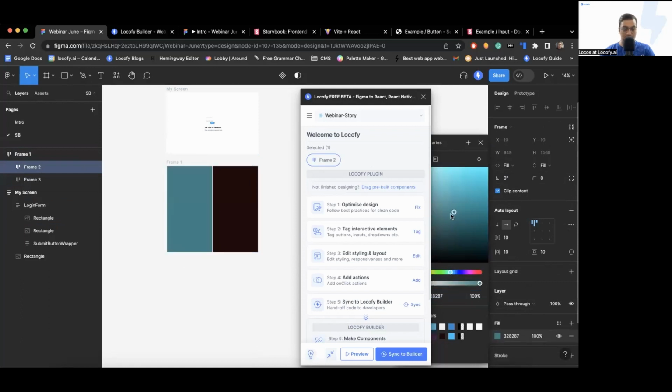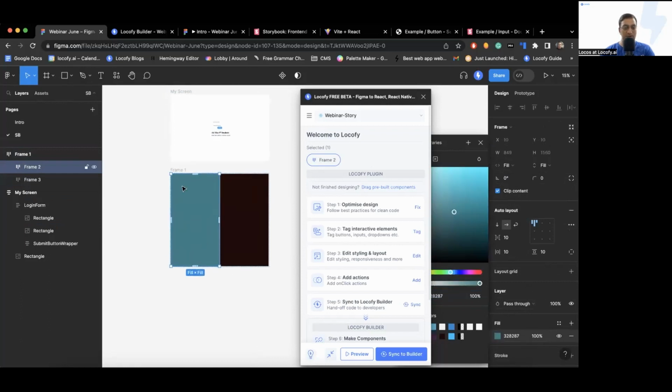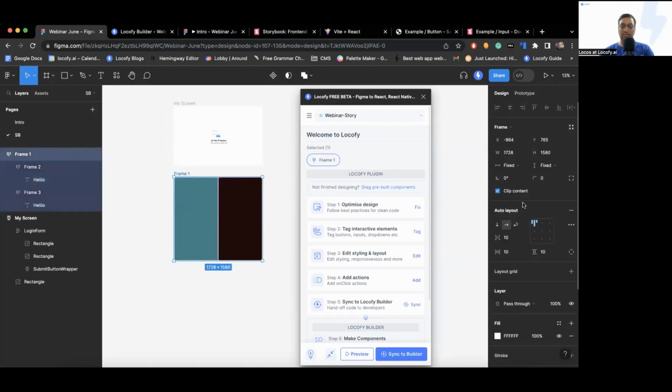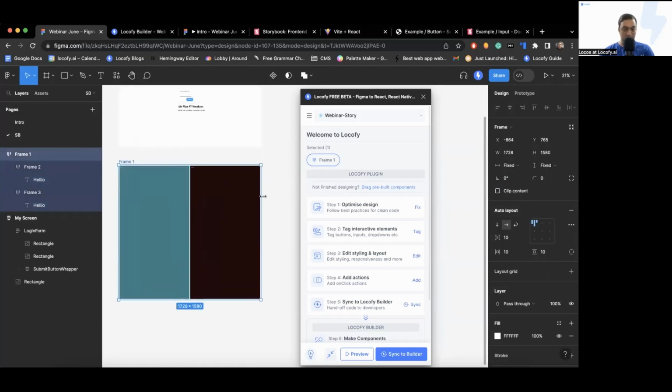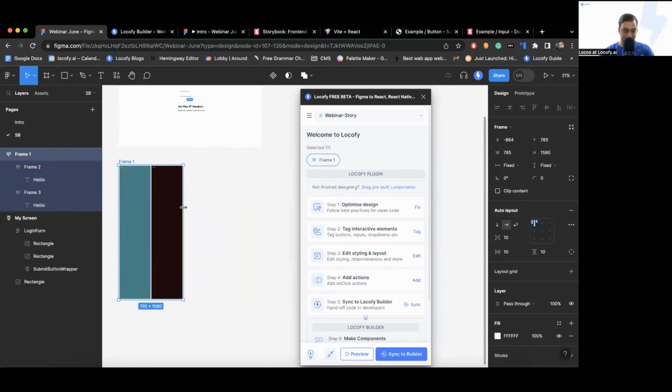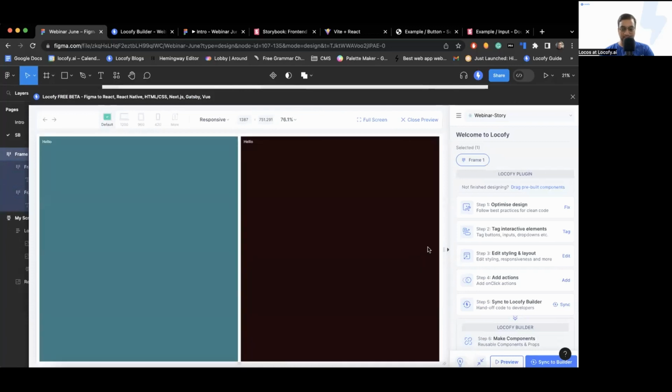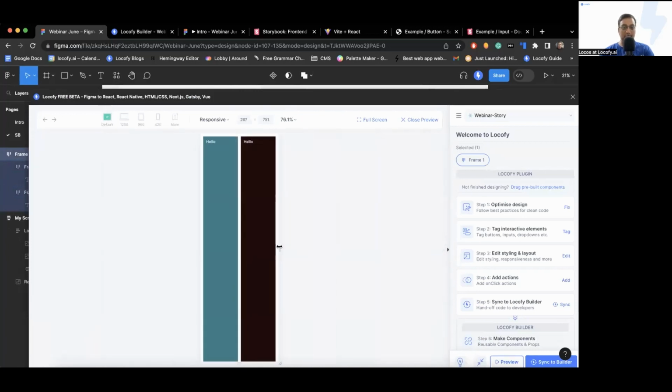Okay, so now you got these two over here. And you can write some text over here as well. I'll write hello. I'll make this text responsive as well. So I'll copy this, and paste it over here as well. Okay. Now this is actually responsive in Figma. So now if you see, this is responsive, right? So if I open the same thing on Locofy, you will see that this is responsive on Locofy as